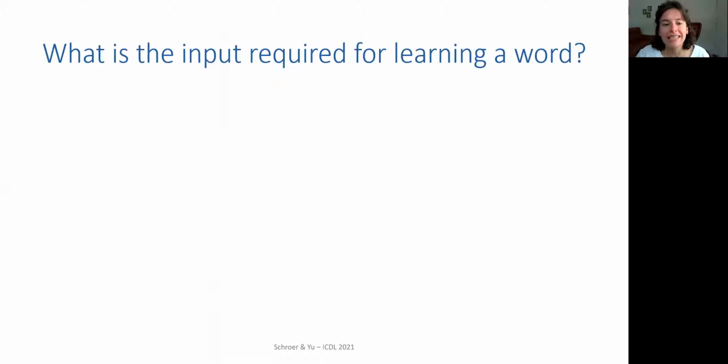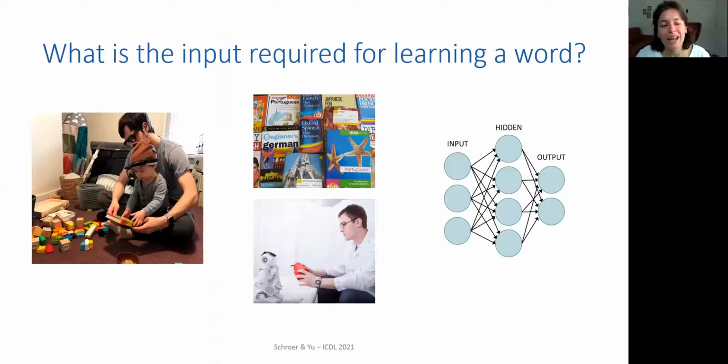The guiding question behind this research was trying to understand what is the input required for learning a word. Now, learners can take many different forms. You can have a young infant or toddler learning their first languages with their caregivers, or you can have an adult learning an additional language through textbooks and language courses. But you can also have a learner in a human-robot interaction, or even computational models and neural networks that are